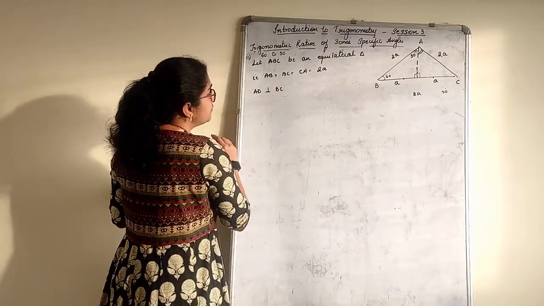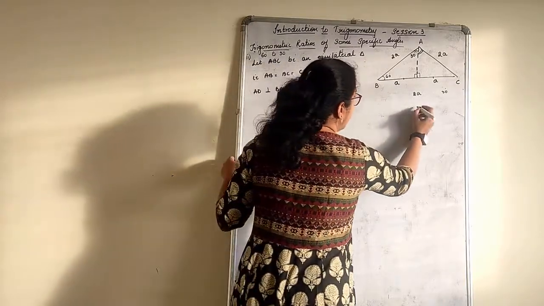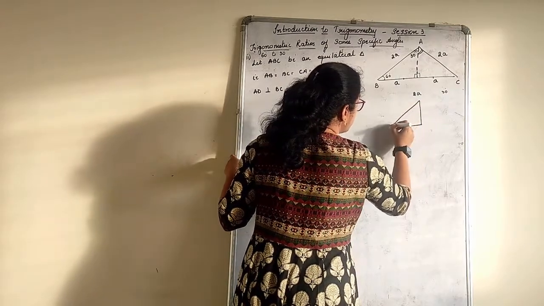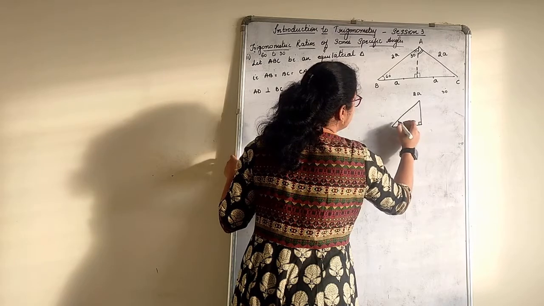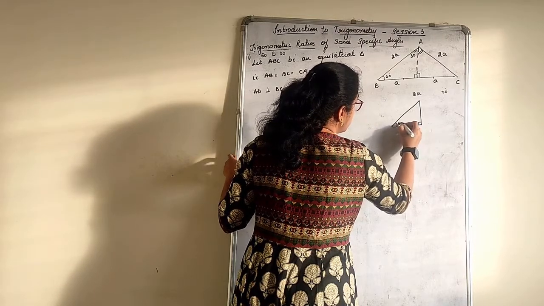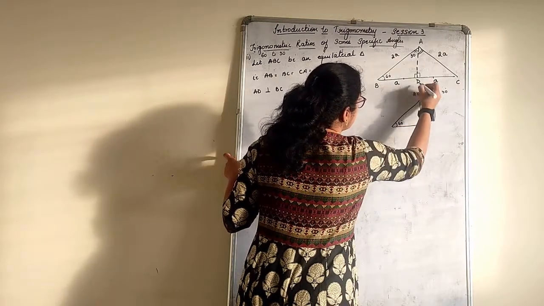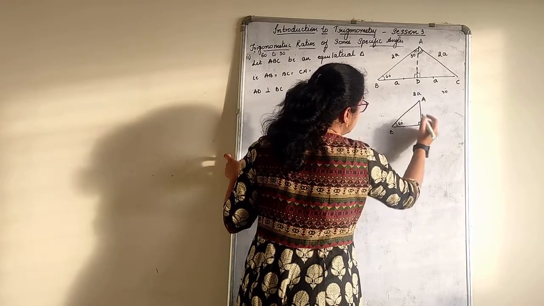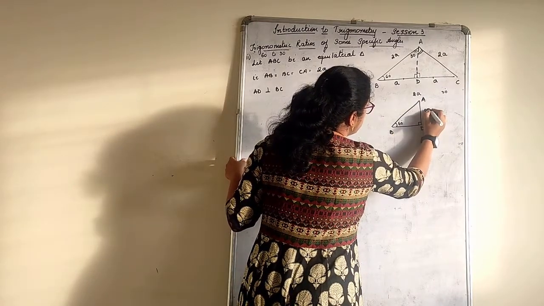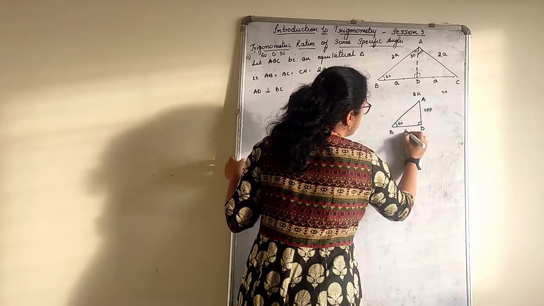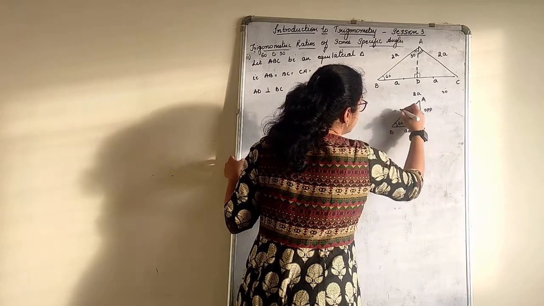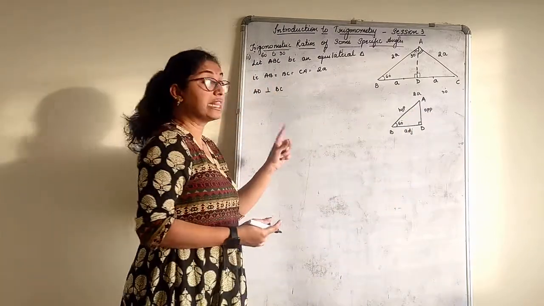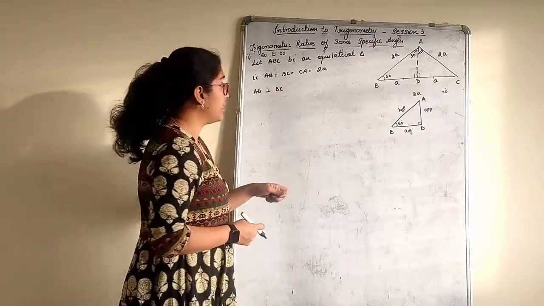So first of all, here I will draw the first part. This is 90. We'll only choose 60 first. So this is A, D and B. So this is my opposite. This is my adjacent. And this is my hypotenuse. And for the next part, I will use 30 degree. We will redraw once again.